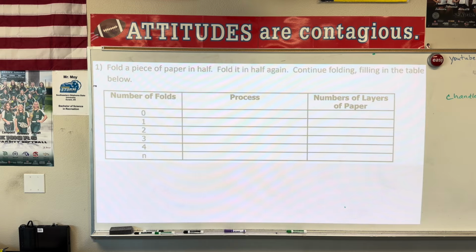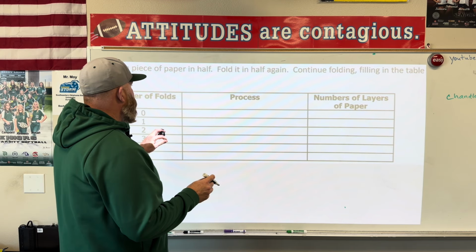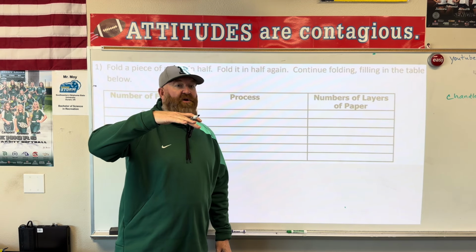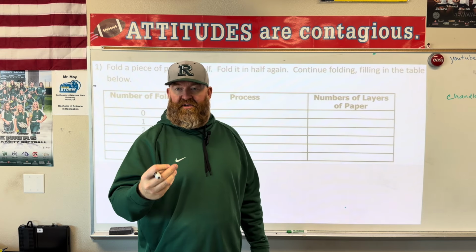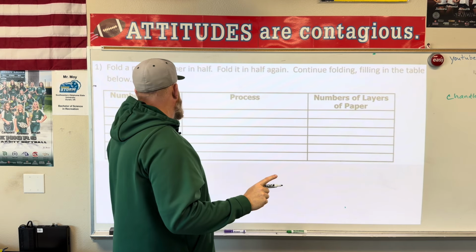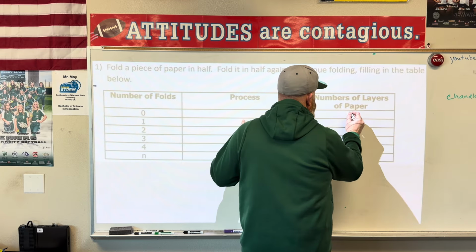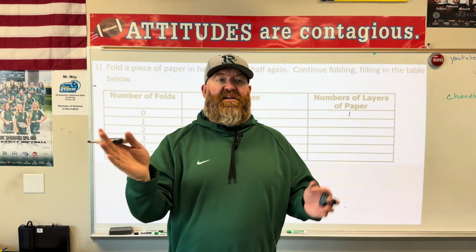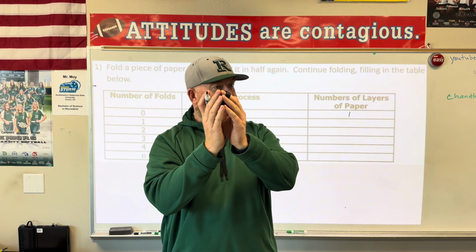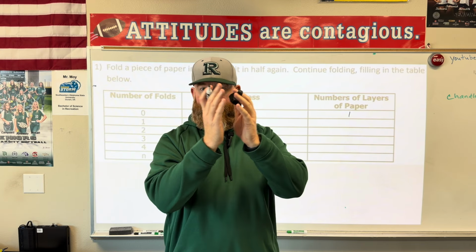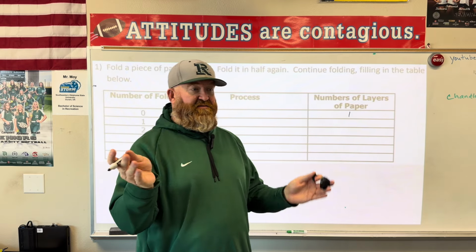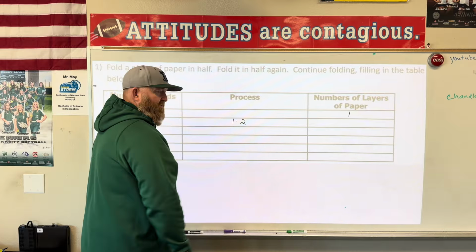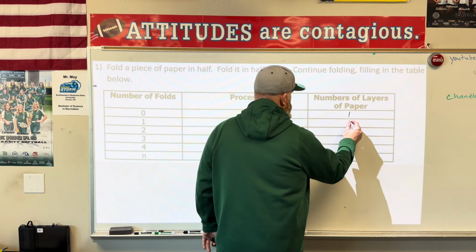Now, let's talk about this while you're doing it. When you first started, how thick was the paper? Well, before you even fold, how many layers deep was it? One. Before you even fold it, with 0 folds, you had one piece of paper. Would you agree? You had one layer of paper. After you folded it one time, how thick was the paper? 2. You just folded it in half, okay? So what you did is you basically took your paper and you multiplied it times 2. Agreed? Which is now 2.